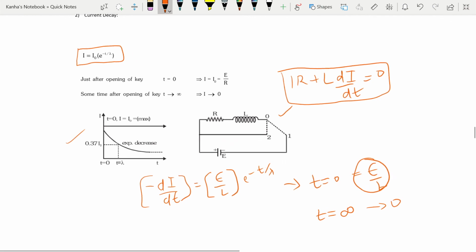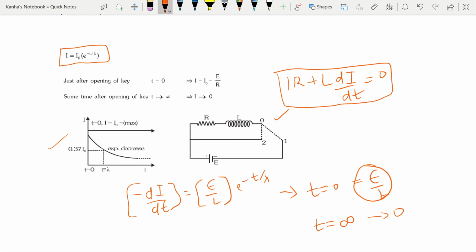What is basically happening is, after we disconnect the battery, okay, what happens is this inductor will provide for the energy and the current in the system. It will start losing whatever potential energy it stored. Its potential energy was half Li square. So using this potential energy, it will provide the current in the system.